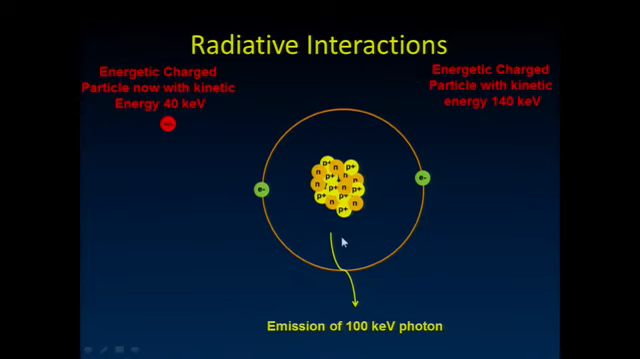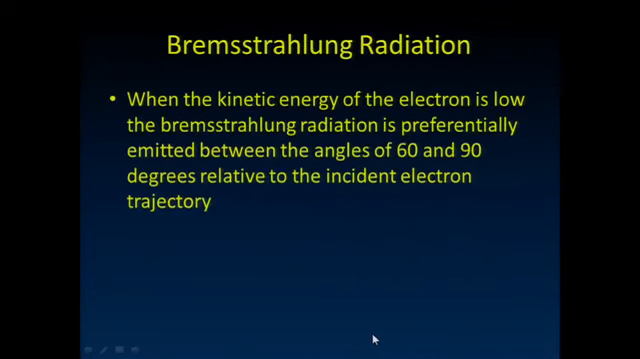But conservation of energy says we're going to get the emission of this 100 keV photon. So notice our initial charged particle has slowed down, and we've gotten production of this radiation. And that's the Bremsstrahlung, or braking radiation, that we see produced as we slow down and change the path of that particle. It turns out that when the energy of that electron is low, that Bremsstrahlung radiation is emitted preferentially